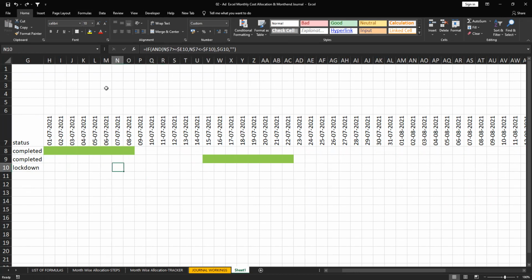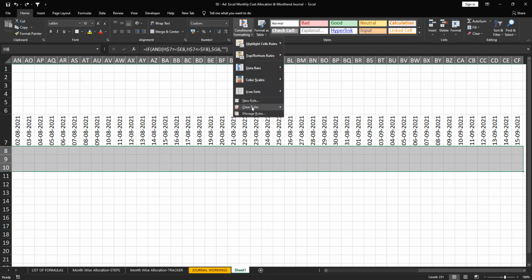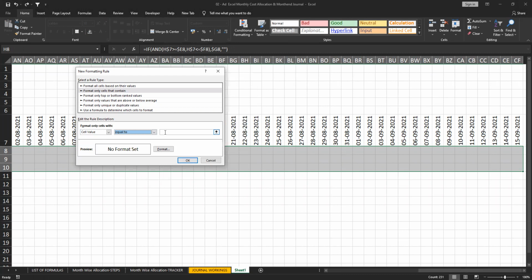Okay. So suppose here again go here, new rule here. So you can do many things, values equals to lockdown. Lockdown.